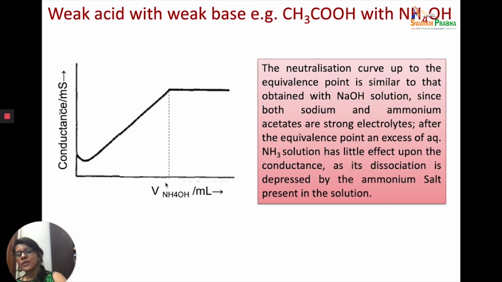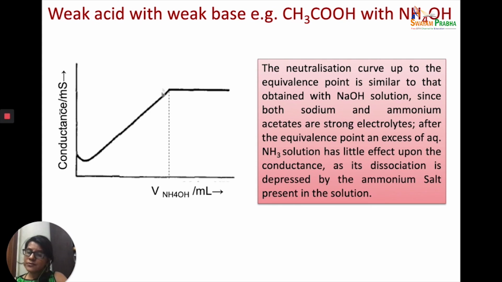When all of the neutralization has taken place, the value of the conductance becomes constant, because then you are only seeing the changes due to the addition from the burette, and what you are adding is ammonium hydroxide. The ammonium hydroxide changes very little. The conductance value is very little for this solution. Why is it very low? Because it is very feebly ionized in solution. So the conductance does not change, and you observe a graph like that.